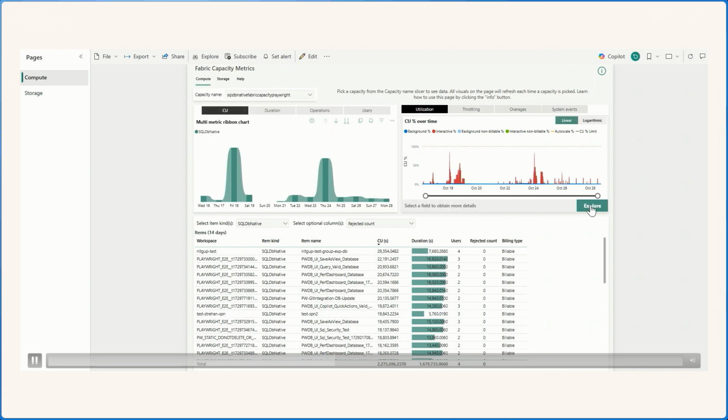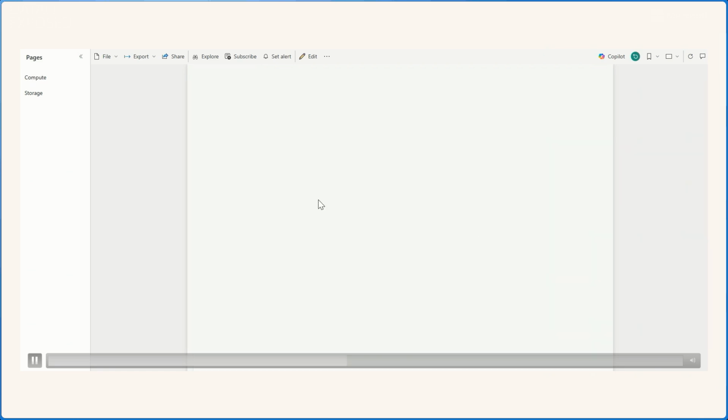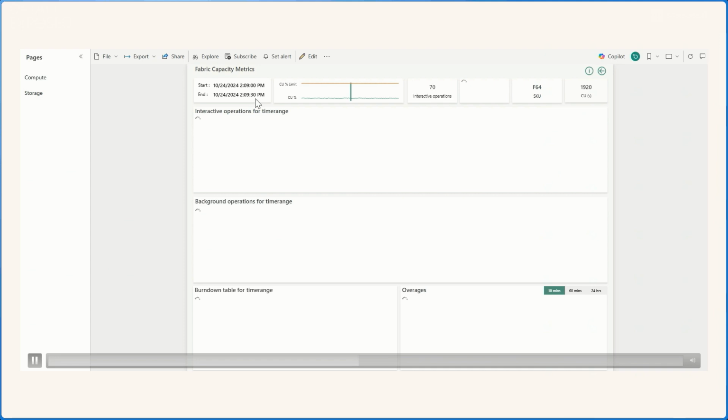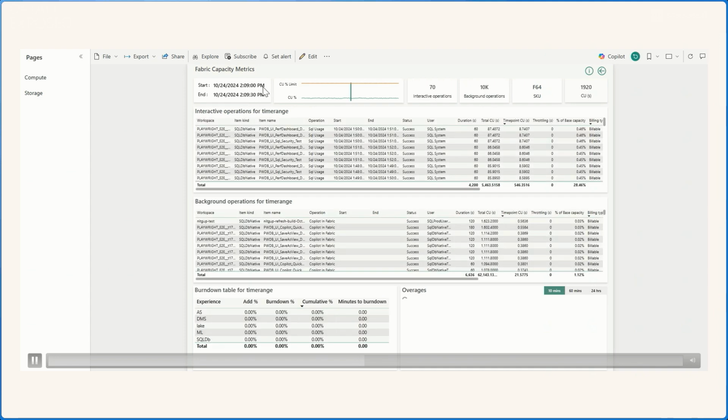And then if I want to look at time point details, I just select a time point, and then look to explore what options it has in terms of the operations that are being processed. Again, for best practice, we've tuned it to a 30-second duration so that admins can make decisions on throttling and smoothing. Here, I'm able to see how much capacity is actually being utilized over a period of time and based on the SKU that I have purchased as well.